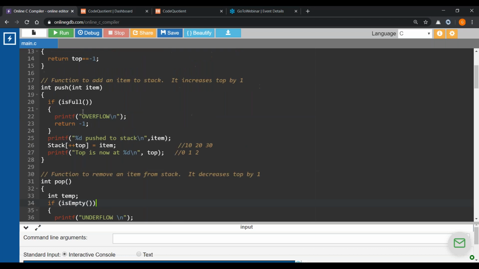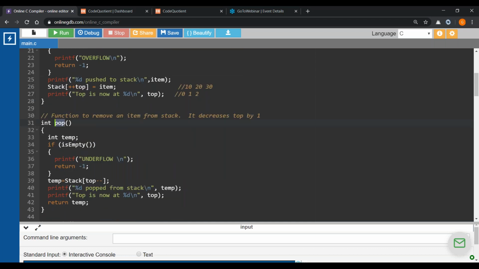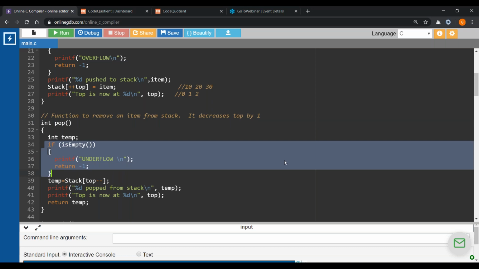As I explained just now, before we push an element, we should check whether it is full or not. Similarly, in the pop, before we remove the topmost element and display it for you, you should check whether it is empty or not. That means whether underflow has occurred or not. So the first thing we do is we check for the underflow.